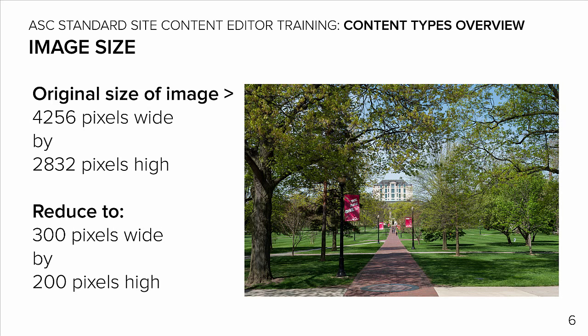The first and best way to reduce image size is to reduce the width and height to that to be used on the page. For example, a 2 megapixel camera image may be approximately 4,000 pixels wide. The content area on our standard site web pages are 620 pixels wide, and unless you are using the image in the slideshow, you probably will want it to be smaller than that. A typical size is about 200 to 300 pixels wide. So reducing the image from 4,000 pixels wide to 200 pixels wide will significantly reduce the physical size of the image.